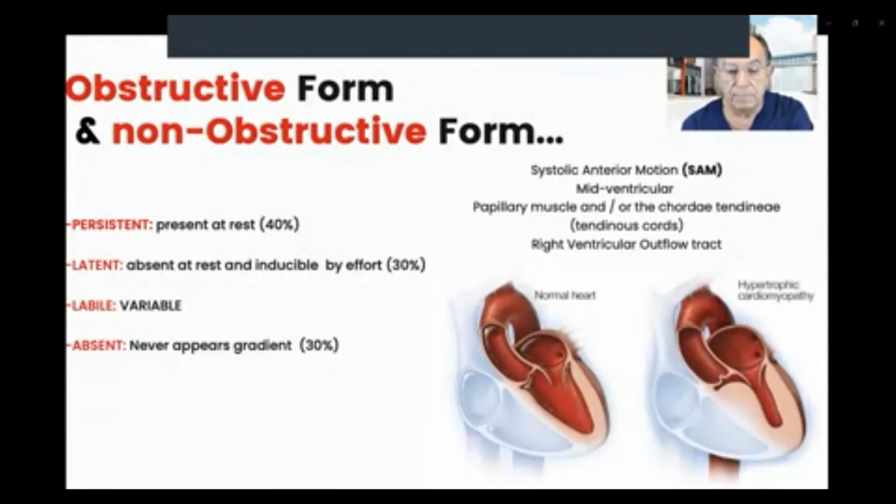But it's important to remember only 40% of the patients with obstructive form have obstruction at rest, and 30% of the patients named as latent obstruction at rest don't have obstruction and it is only